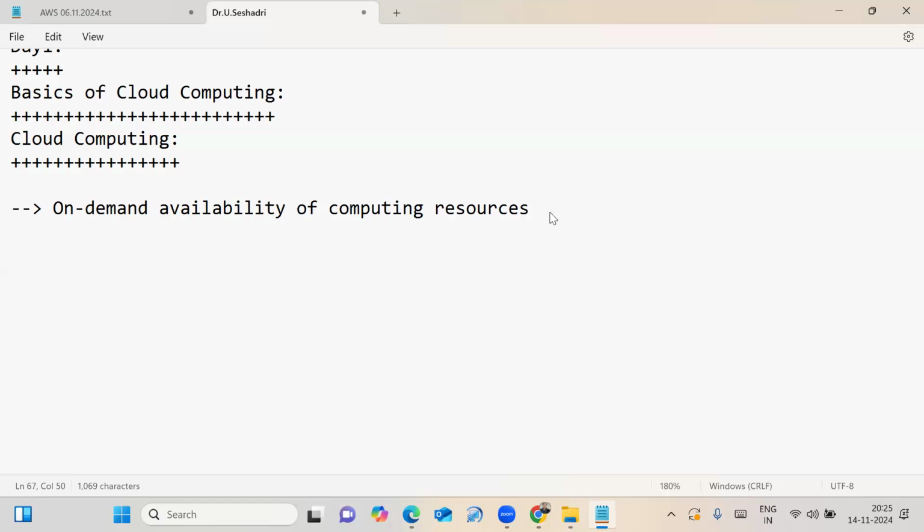You need to connect MySQL. You need to connect Oracle. You need to connect some other databases. We can connect it. That is nothing but cloud computing, which is defined as